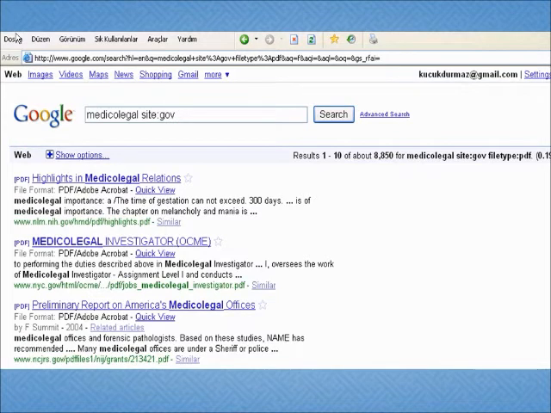Or if we are looking for a medical legal issue and we want to search it in the governmental web pages, we write like this. And in this way, as you can see here, just .gov pages come to the results list.